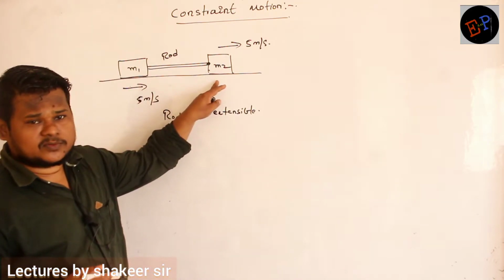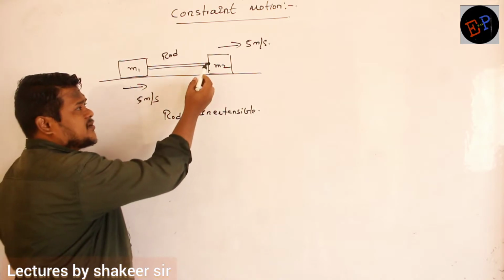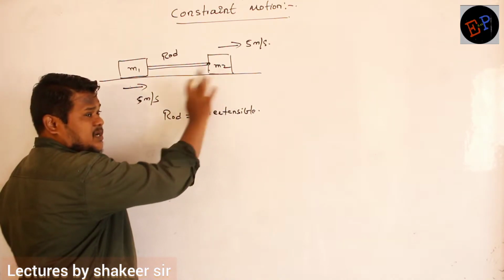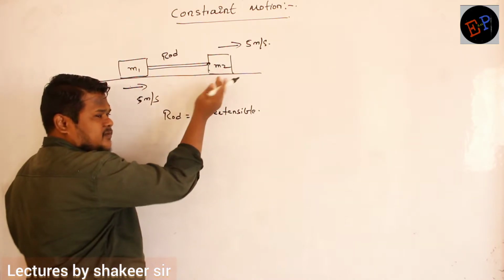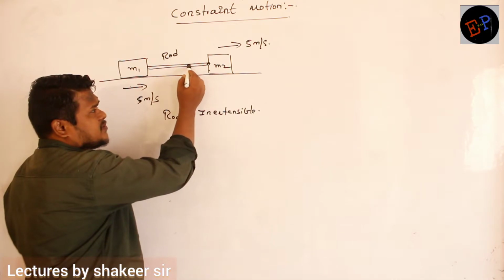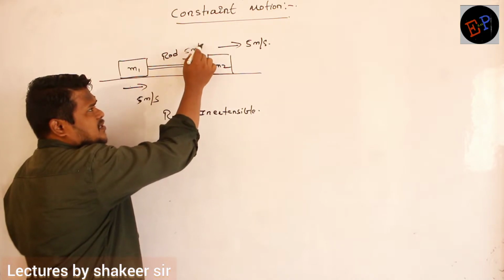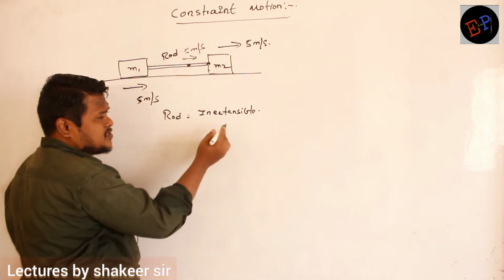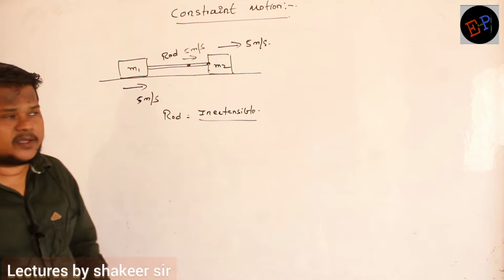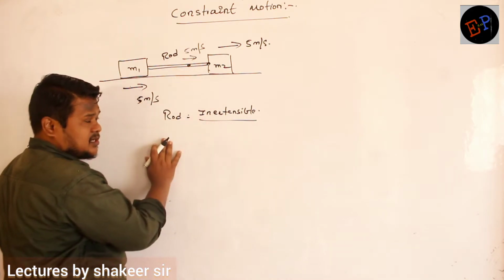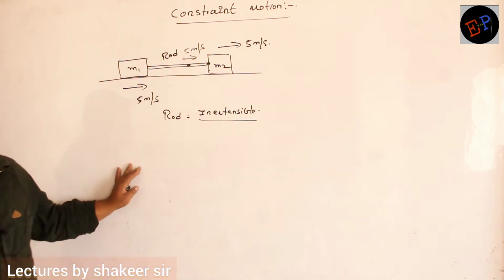Now this mass M2, this also we are considering as a rigid body. Because it is a rigid body and this point is in contact with the rod as well as the mass, mass velocity is 5, no? So therefore this point velocity also will be 5 only. Now if you take one more point, this point velocity will be how much? That also will be 5 meters per second only. Why? Because a rod is what kind of body? A rod is an inextensible body. You cannot increase the length of this rod. Clear now? So therefore, because you cannot increase the length, if this point is having a velocity of 5, this point also will have a velocity of 5 only.